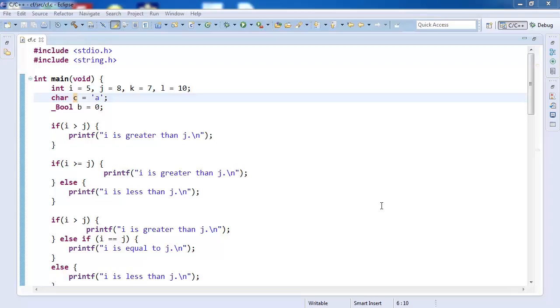Now first let's study the basics. Why do we need control flow? Suppose you are asked whether you are a boy or a man, then how would you determine? Possibly you will say, give me your age. I say, okay, my age is say 7 years, and you will say you are a boy.